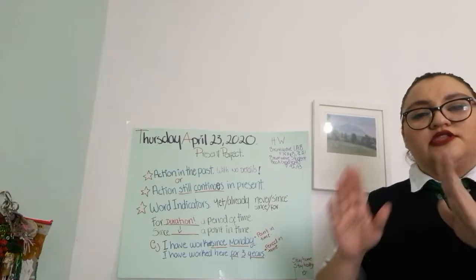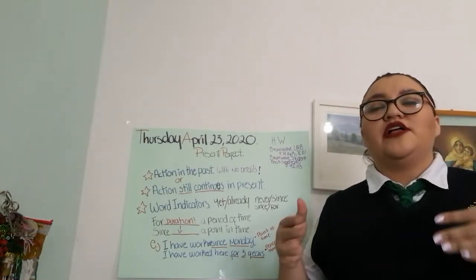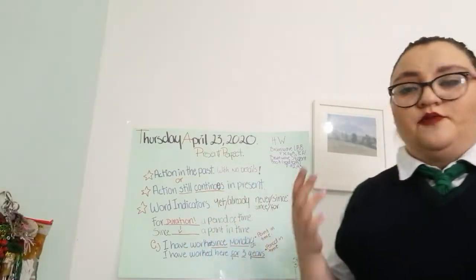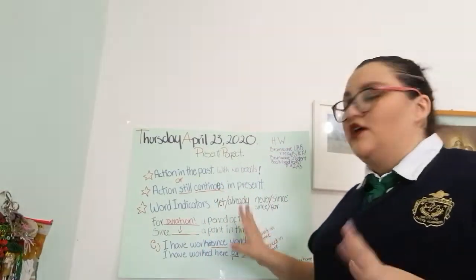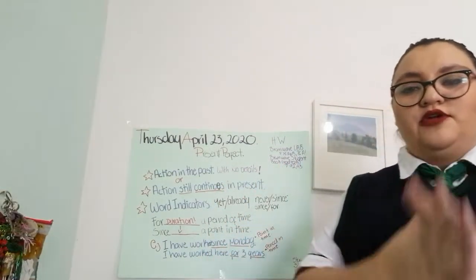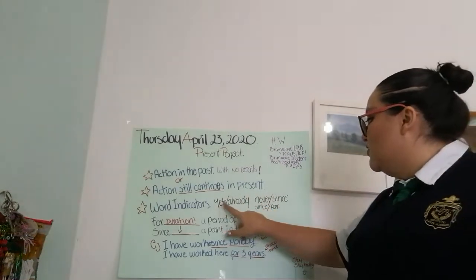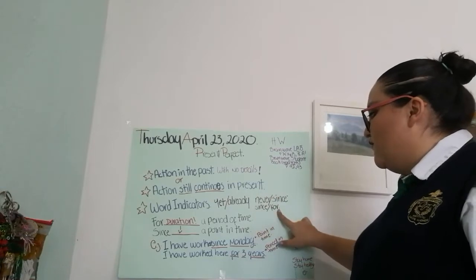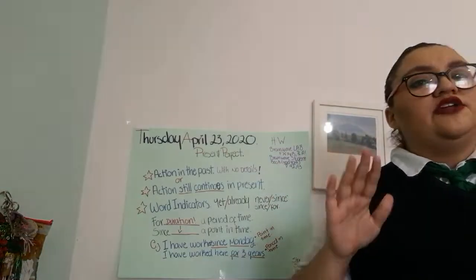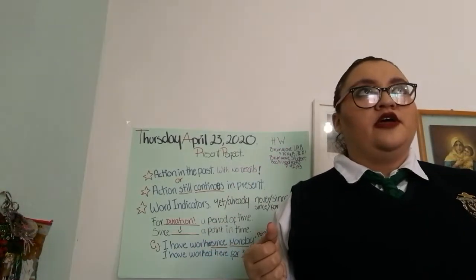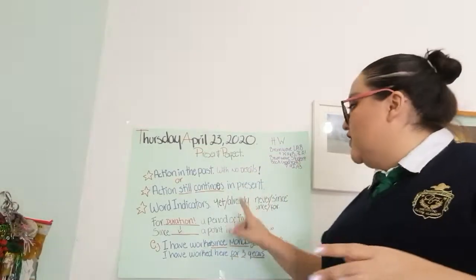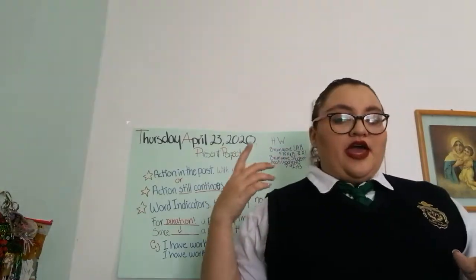Now, there are different words that will help me recognize that I'm talking about present perfect. It's really simple. It's a set of words, for example, yet, already, never, ever, since, and for. Now, each one has its own use. For example, speaking of yet and already, I use yet